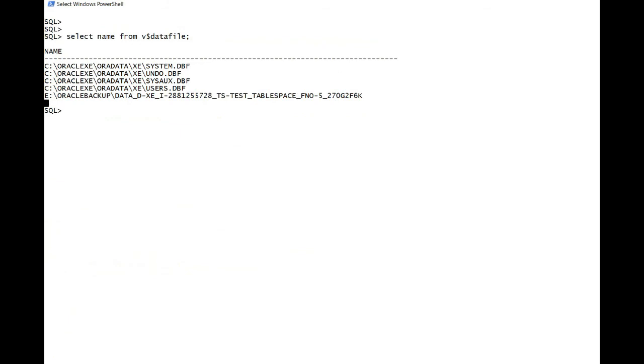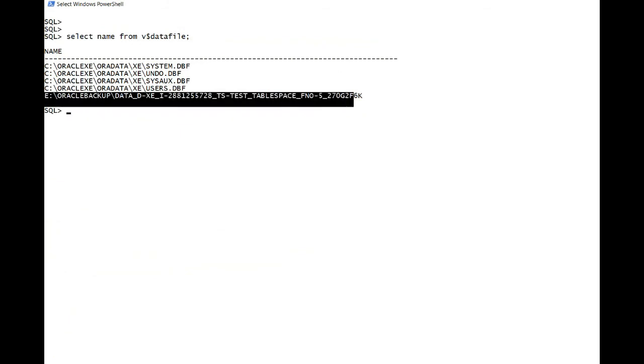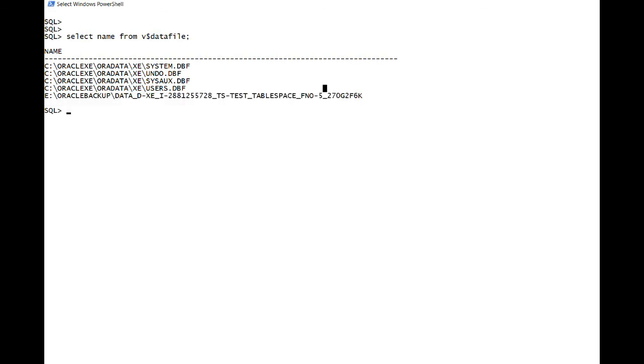You can see this is pointed to the image location, data file image location, which is having the latest data. Okay, so this is the fastest way to recover or restore your database. So like I said, if you have enough storage, then I recommend to have this in place.